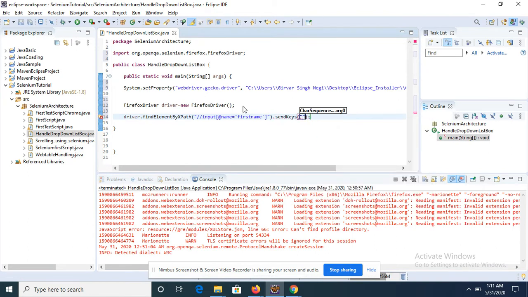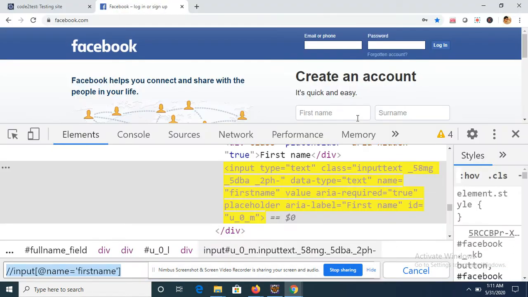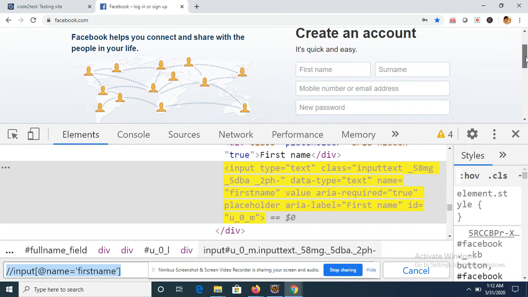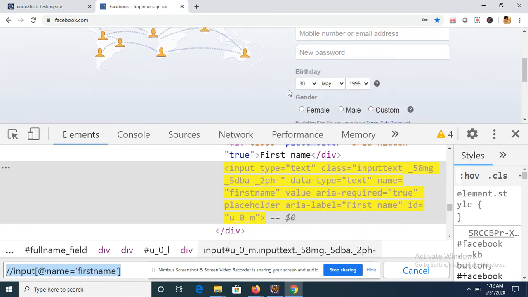I'll use sendKeys to pass my string value, so I'll be putting code2test.com. After putting the value inside my first name, I'll go directly to the list box handling.